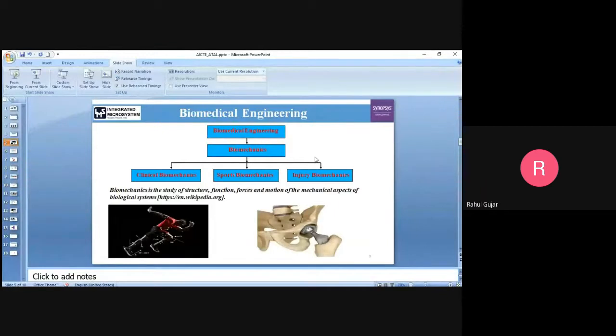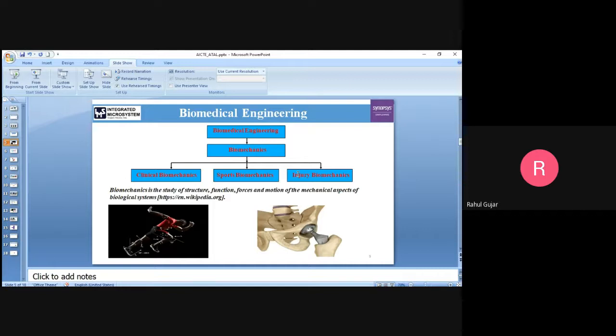Now, before we move on, we should know what biomedical engineering is. Biomechanics is part of biomedical engineering, and biomechanics is further classified into three types: clinical biomechanics, sports biomechanics, and injury biomechanics. These are the three sub-parts of the biomechanics area.